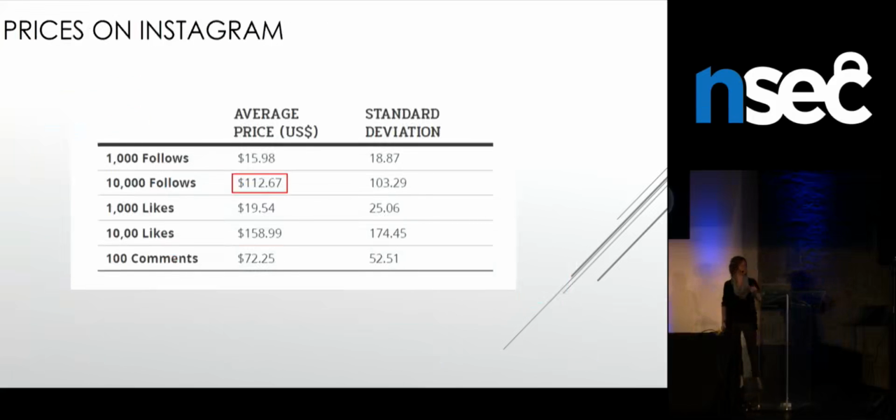We focused on that a bit, and you can see here that for 10,000 follows, it's about $112. But if you look at the standard deviation, the next column, you see that it's $100. So that tells us that the price is varying a lot. You can buy 10,000 follows on Instagram for $2, and you can buy it for $200. In economics, we often say that if the prices are really close to each other, it's because the market is really competitive and the sellers are just trying to get market share. But if the price is varying a lot here, it doesn't mean that it's uncompetitive, but rather that it's probably immature. Sellers don't know the worth of the products they're selling, and buyers don't know exactly how much it's worth. So they're just shopping a bit, risk managing the fact that it's a fraudulent market and having to buy that.